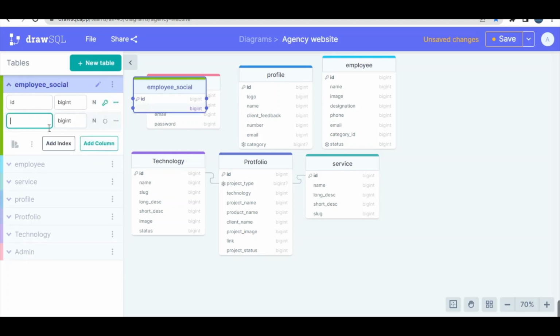And then what we can put in employee social media, of course, employee ID, because we have to connect employee to employee social media. That's how we can find all the individual social media of individual people. So employee ID,